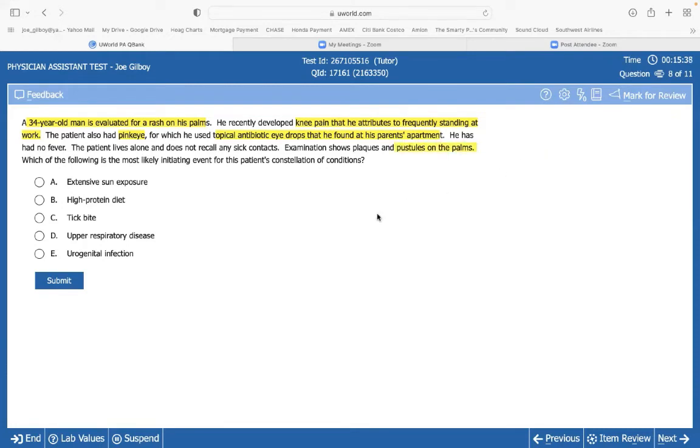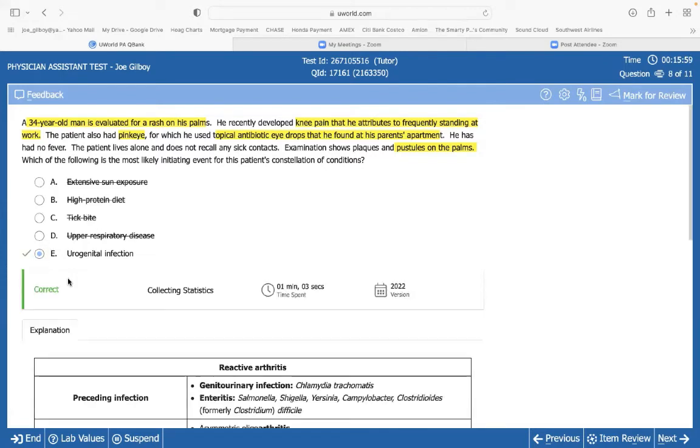So you're like, okay, his hands got pustules. He's got problems with his knee and his eye. And you're like, well, that makes no sense. Tick disease, is this Lyme's? I don't remember pink eye and Lyme's. No, I think this is it. I think it's the only one that makes sense. And you're like, oh, it's reactive arthritis. Oh, they can't see, can't pee, can't climb up a tree. Yeah, there it is. Does everybody see this?